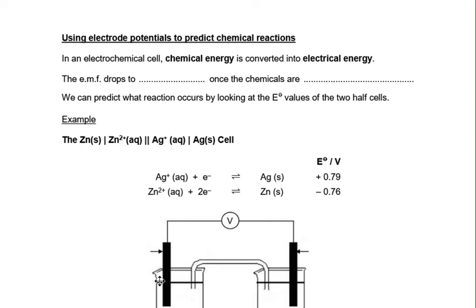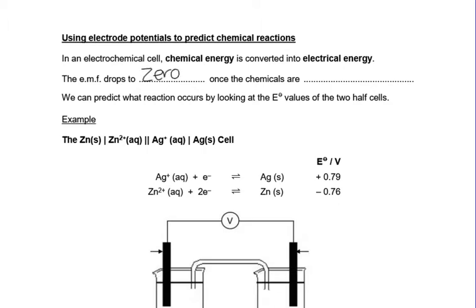So we now know how to measure the EMF, we know how to write a picture of a cell. What about using these values to predict whether or not a reaction could happen, which is again something important for a chemist to be able to do? So in an electrochemical cell, chemical energy is converted to electrical energy, so the stored chemical energy inside the chemicals is going to get converted to a flow of electrons, and as that happens, the EMF will drop